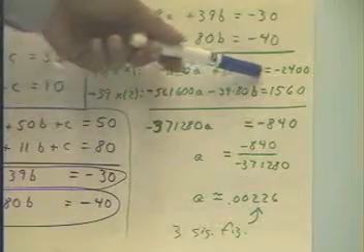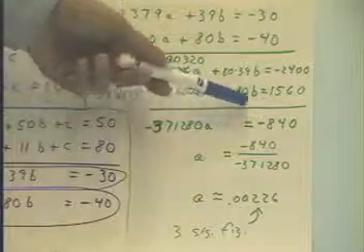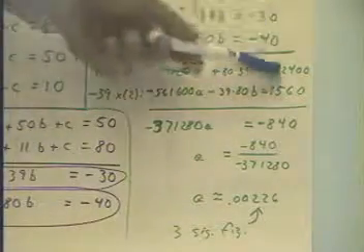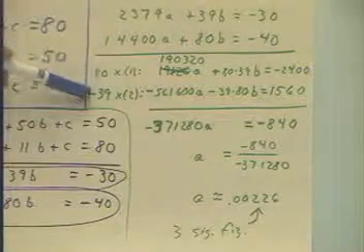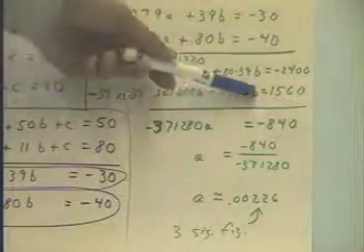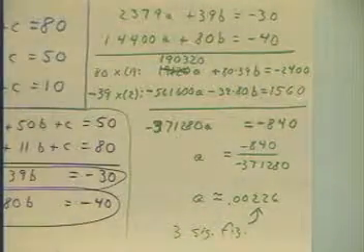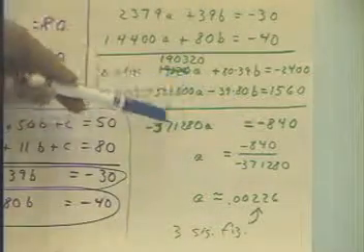Then we have 80 times 39b. We don't even bother to multiply that out because we know it's going to cancel this one down here when we add the two equations. And 80 times negative 30 is negative 2,400. Multiplying the second equation by negative 39 so that the b coefficients end up the same, we end up with this equation. And we add these equations, the b's cancel out, and we end up with